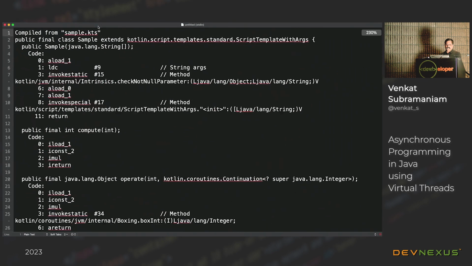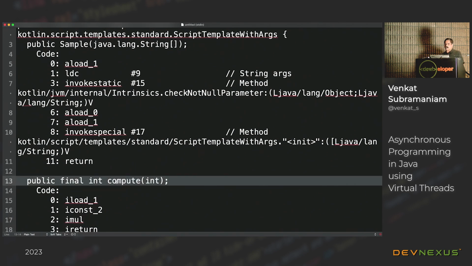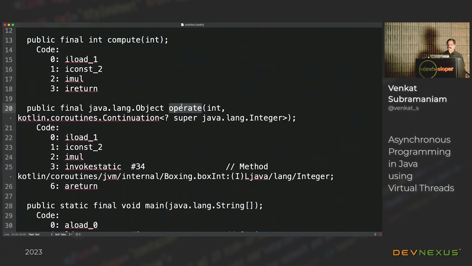And what you notice here is the compute function is exactly the way it was before, no difference. But because we annotated with the suspend, notice what this function looks like. It contains the integer as an argument, but notice that continuation that shows up right there. That's because the function is a non-blocking function. As a result, when you dive back into it, it needs the state. So the compiler has been working very quietly behind the scene to create this for us. So hopefully that gives you an idea what continuations are.